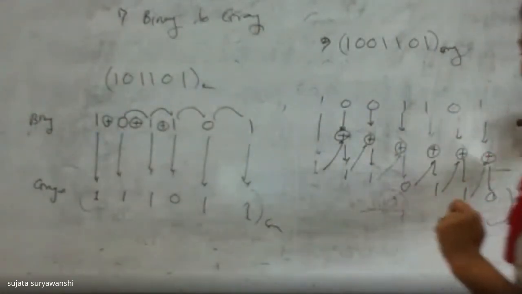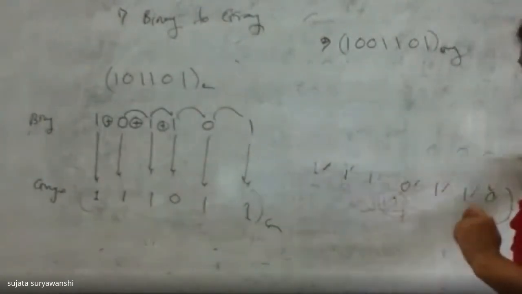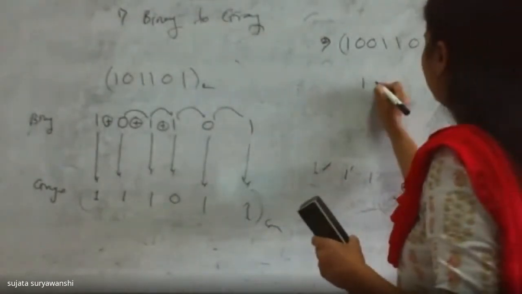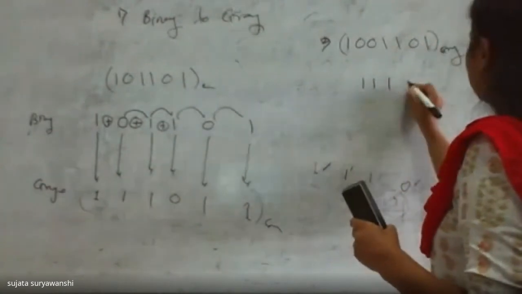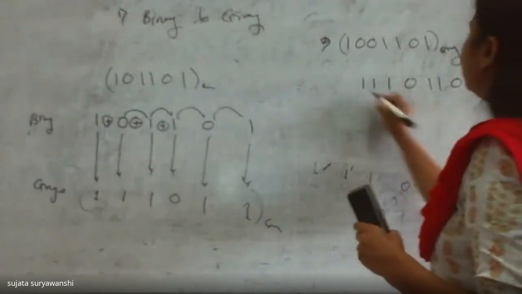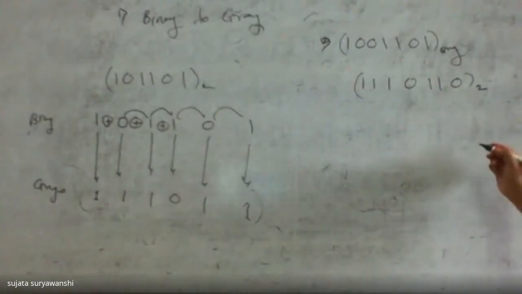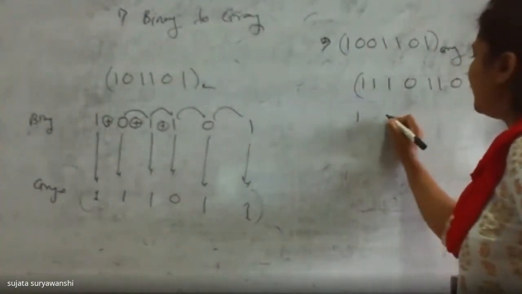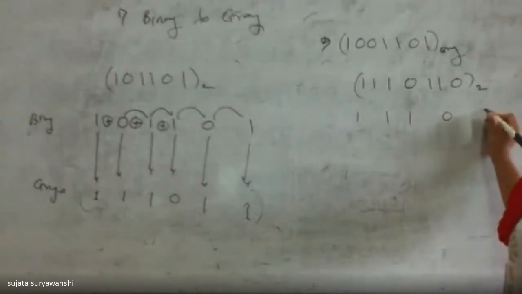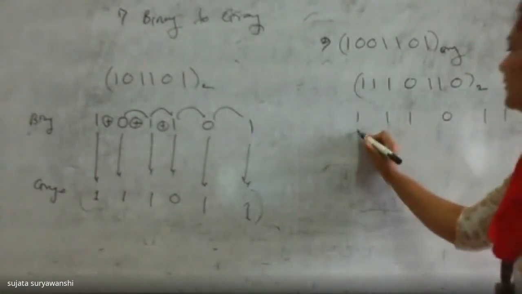Yes, ma'am. Okay, so take one example, or you can consider this example as it is. Suppose your number is 11101110. This is your binary number and convert this binary number into the equivalent gray number. Use this same procedure for this conversion. Again, write it down separately: 11101110. First bit as it is, write it down as it is, 1.